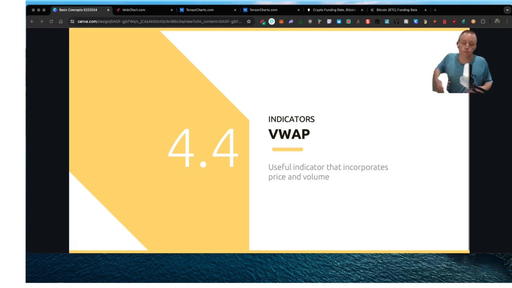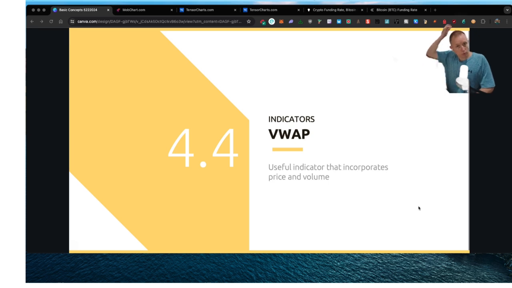This is not a rate. vWAP stands for volume weighted average price, right? People use vWAPs in all different aspects of trading, but why is it a good and powerful indicator to use? You can use it on shorter time frames, say if you're trying to scalp, but also on a high time frame, whether you're looking at a session.